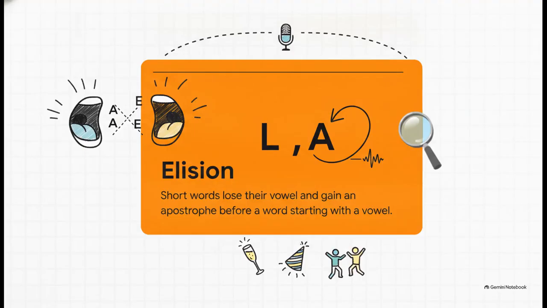Have you ever listened to native French speakers and wondered how they just effortlessly flow all their sentences together without any awkward breaks? Well, elision is the mechanical fix for that. It happens when certain short words literally lose their ending vowel, gain an apostrophe, and just attach directly to the next word, assuming that next word starts with a vowel. For the TCF Canada speaking test, mastering this is an absolute game changer. It gets rid of those clunky vowel-to-vowel pauses and drastically boosts your fluidity score. It's exactly how native Quebecois speakers naturally use the language every single day.